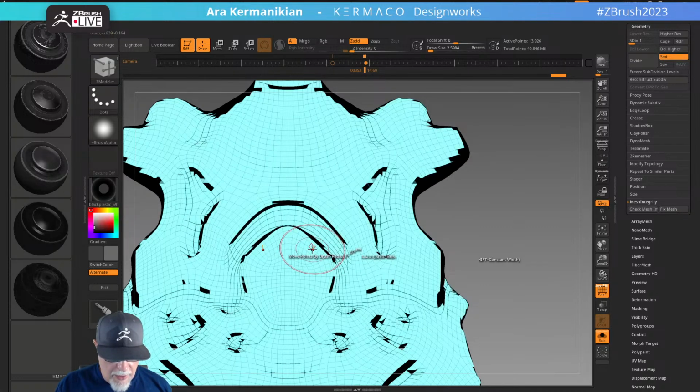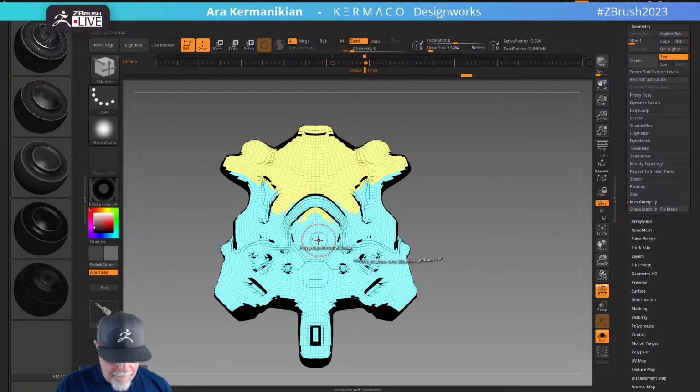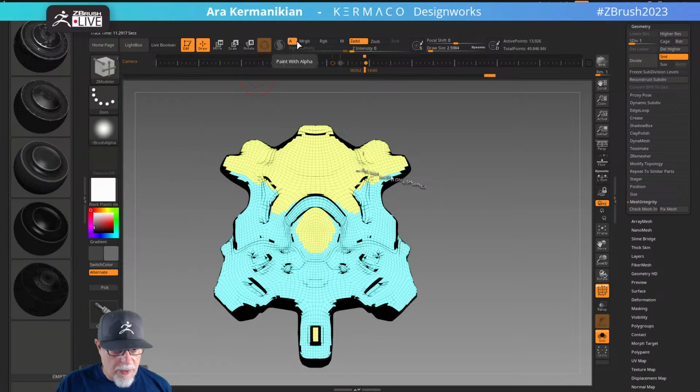In front. Let's try that. Right. I don't know why it's got this weird material applied to it. Let's just apply a sane material to it. Turn Z add off. And I'm just going to fill it with